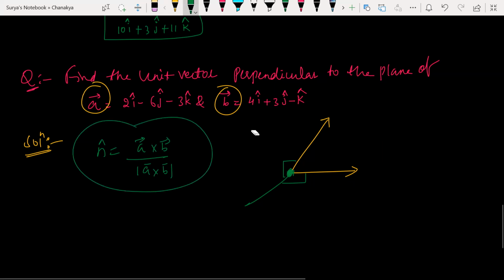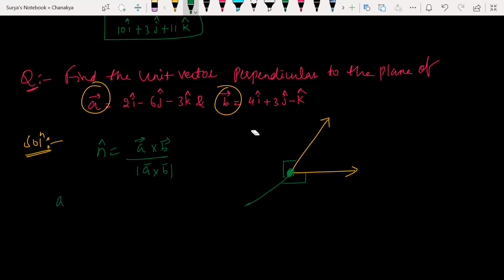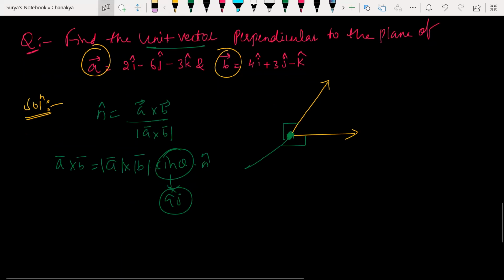So how do we get the formula? देखो बेटा मैं क्या बोल रहा था. What is the formula in here? A cross B gives me what? What is the formula I told? A cross B formula क्या होता था? Vector A cross vector B is magnitude of A, magnitude of B, sin theta and n cap. ये थीटा क्या है? 90 है ना, परपेंडिकुलर. थीटा 90 हो जाएगा तो sin 90 is 1. तो मुझे क्या चाहिए इधर? n cap. यूनिट वेक्टर चाहिए मुझे. यूनिट वेक्टर इज नथिंग बट n cap हियर. तो n cap हाउ कैन आई फाइंड इट ओवर हियर?